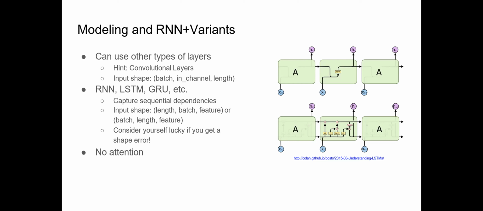There is one more flag we can set, which is batch first. If it is true, then batch goes first, then length, then feature. So make sure you know exactly what you're writing. The reason I'm talking about this so much is because if there is no shape error and you think your model is running fine, but your model doesn't think so. In short, you are feeding the